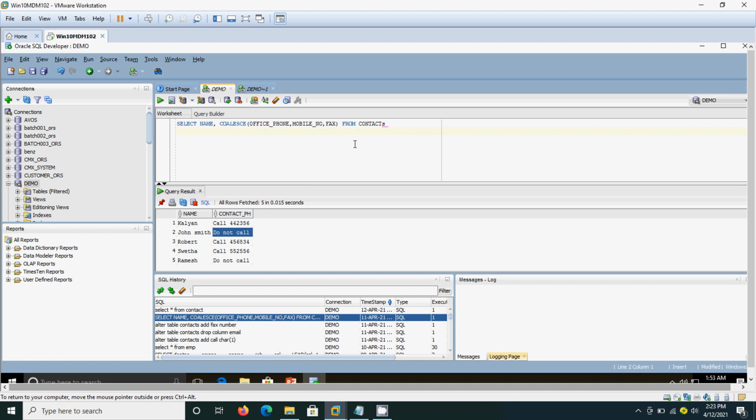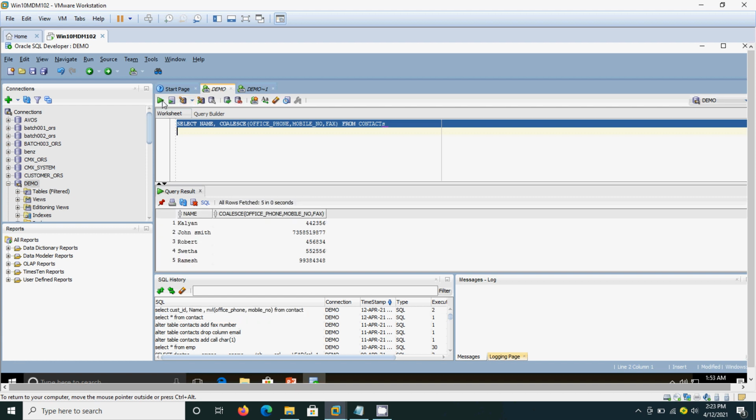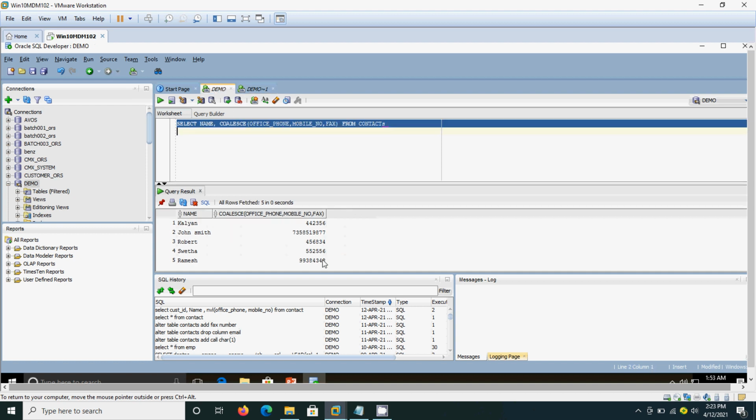See, here I have given office phone number, mobile number and fax. For Kalyan it is returning the office number. For John Smith there is no office number, so it is taking the mobile number.